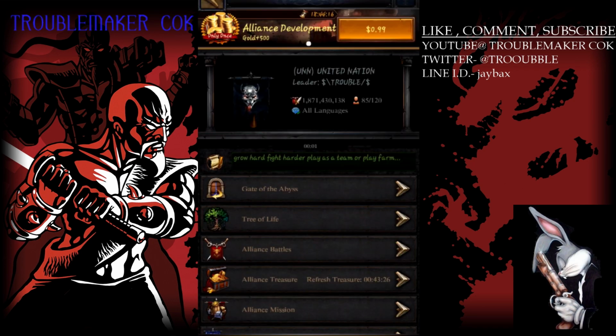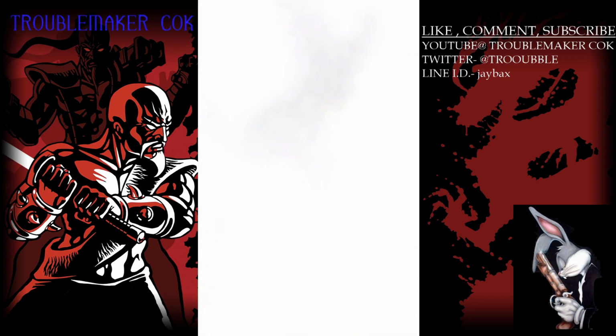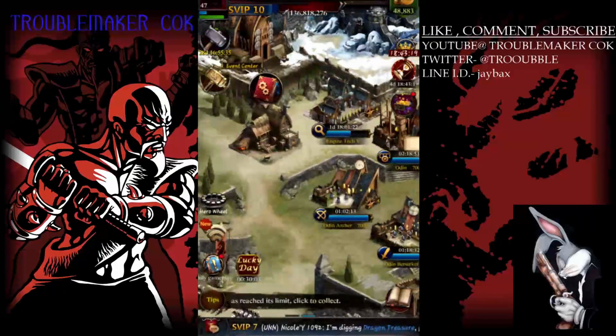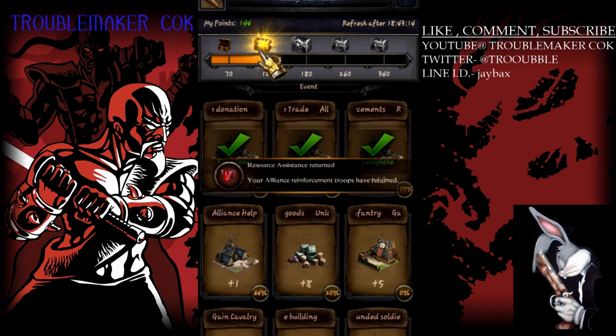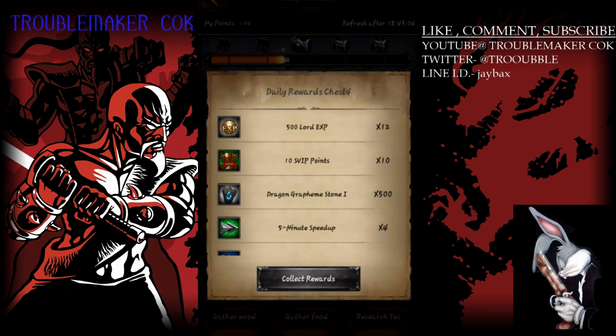All right, so we've donated twice. What that's going to do is, you have to donate twice in order to get your 100% out of the way. So we got our 100% out of the way. See that? Reinforcements, alliance trade, and alliance donations all done. Now we've gained up to another box, and that's some mithril, iron and food. All right, the next one is going to be